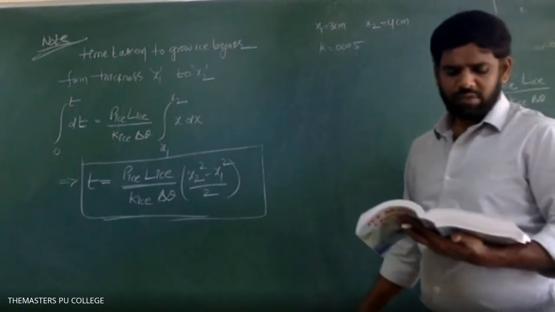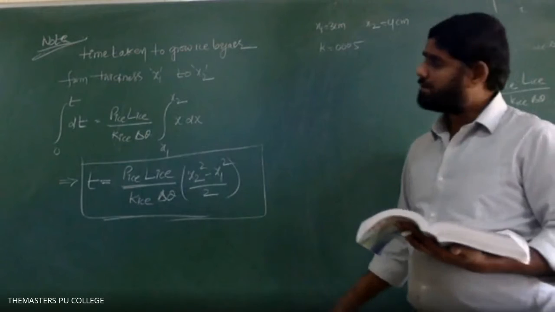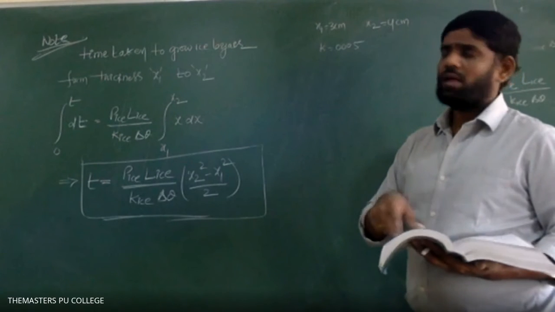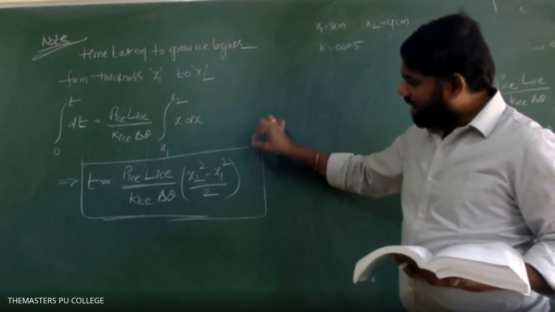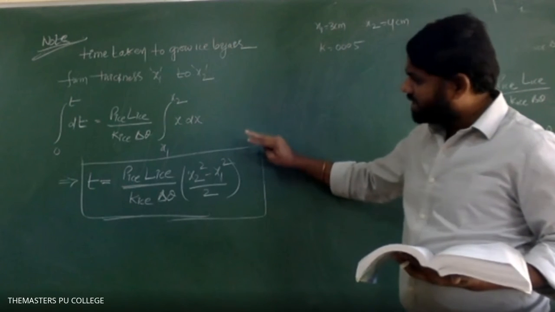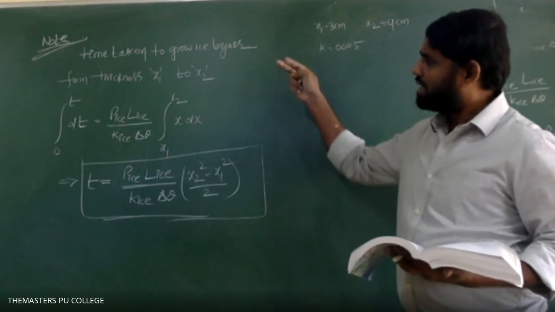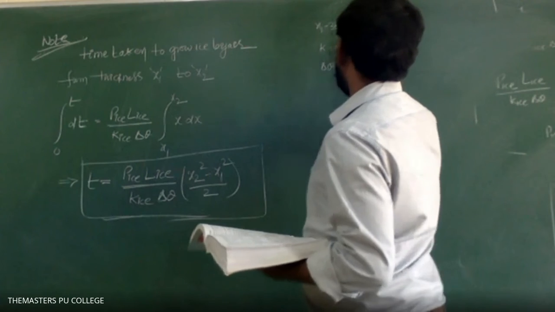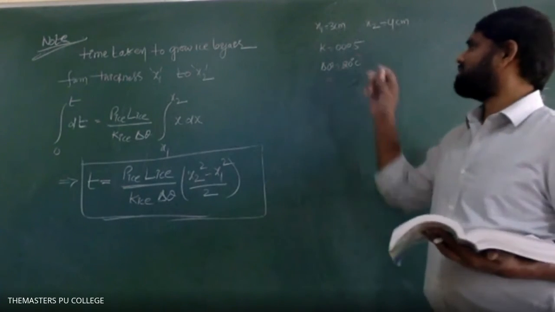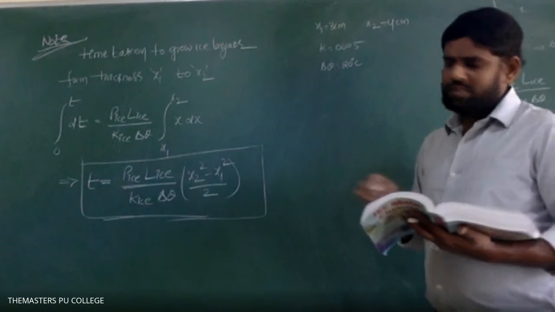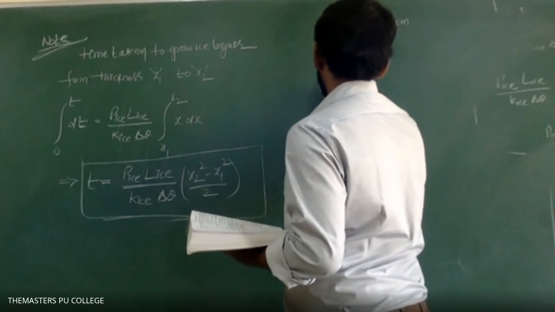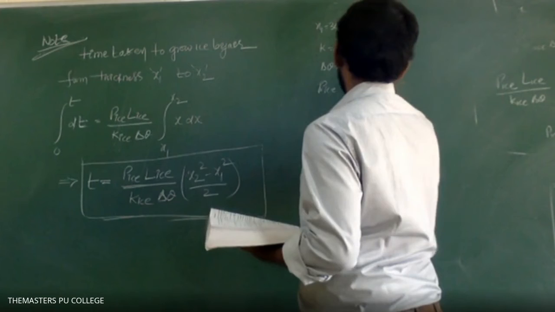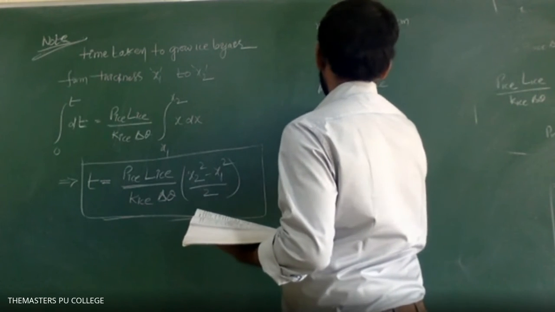The temperature of the surrounding is minus 20 degrees centigrade. Observe clearly: ice will start freezing when the temperature of the water is brought to 0. Hence, the water under the ice layer below is 0 degrees centigrade. The atmosphere above the ice layer is minus 20, so the temperature difference delta theta is 20 degrees centigrade. The density of ice is 0.9 gram per cc. They are asking for the time.